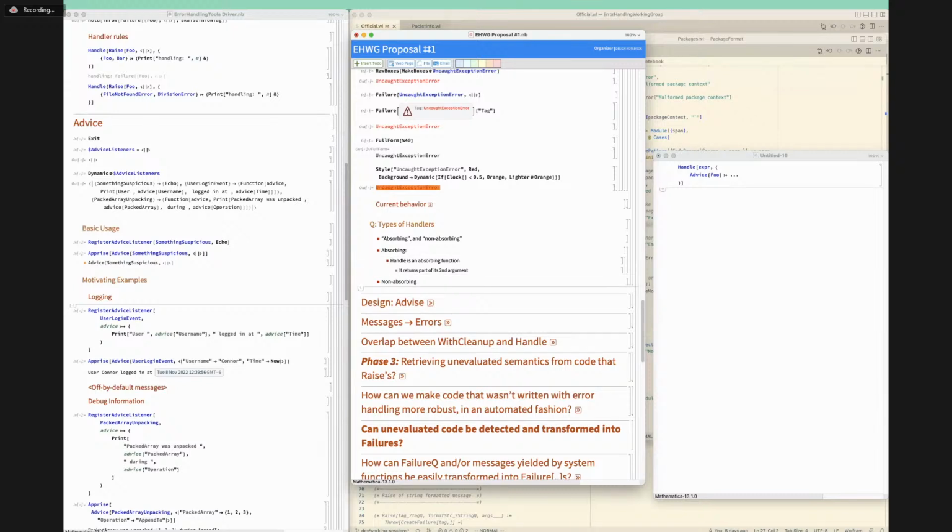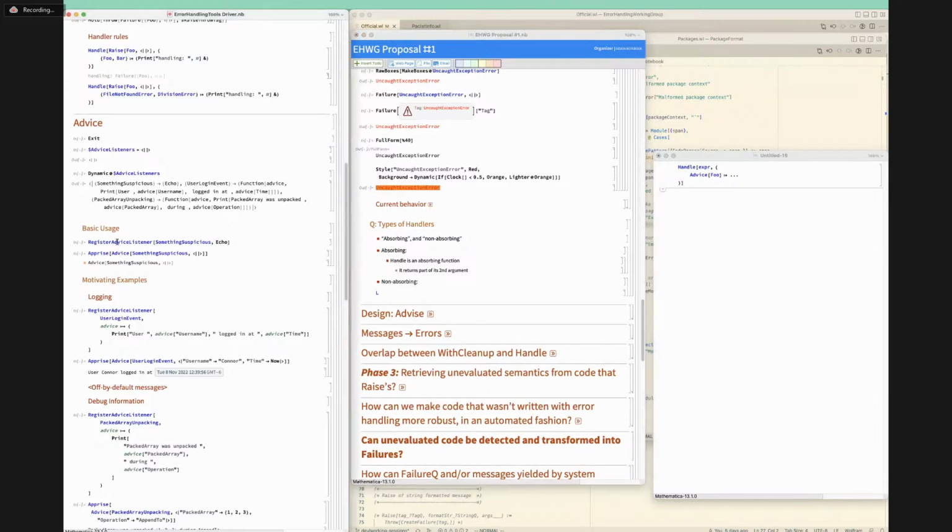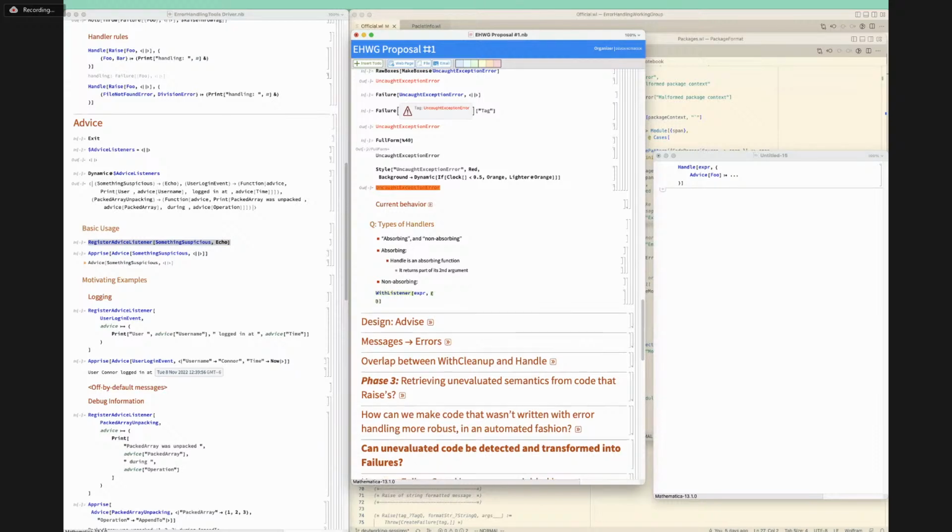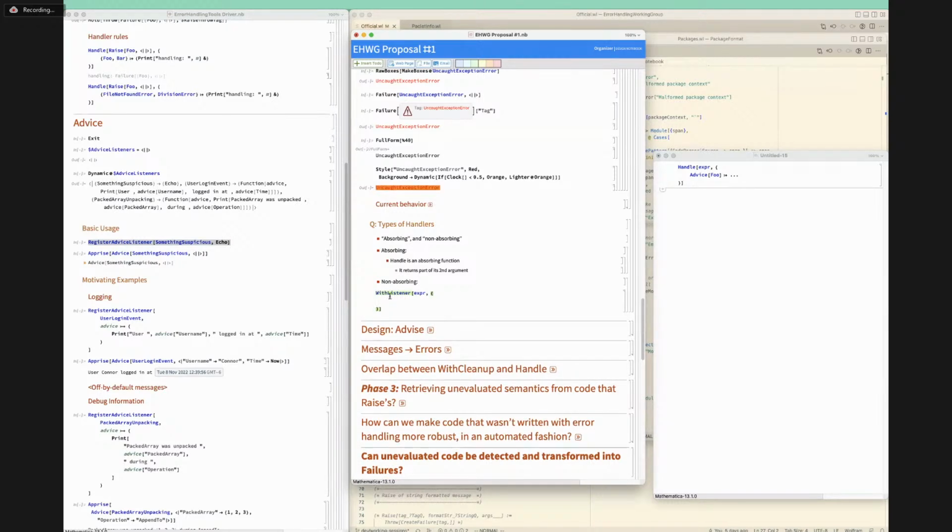Do you see what I'm saying? Just to be clear, are you suggesting we might hypothetically have something like register? I mean, this really shouldn't be stateful. It should be something like with listener or something. Yeah, it's not the right thing, right? So what you want is something that just says,